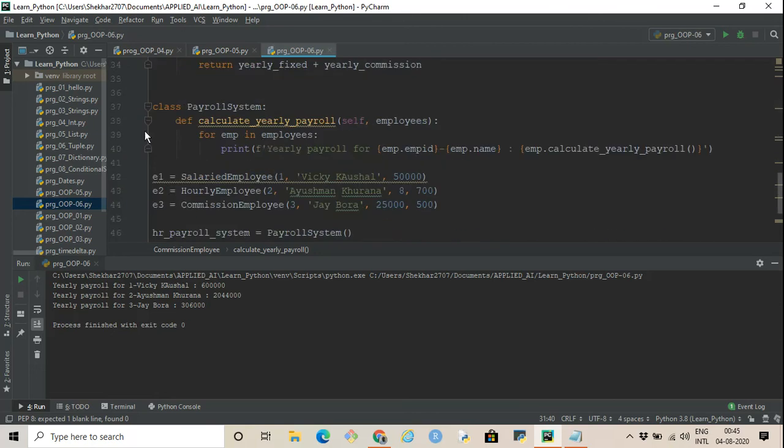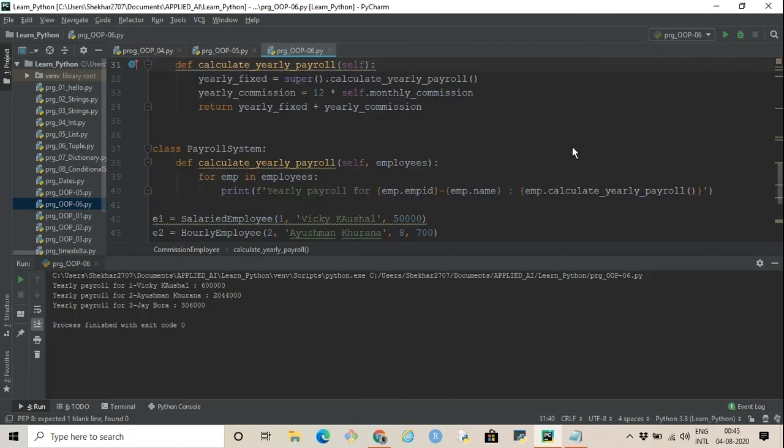Okay, now we have a class called payroll system, in which we are just specifying a method called calculate yearly payroll, and we are passing a list of employees to it. What it does is loop through this list of employees, and for each employee it prints the employee ID, employee name, and it calls the employee's calculate yearly payroll.